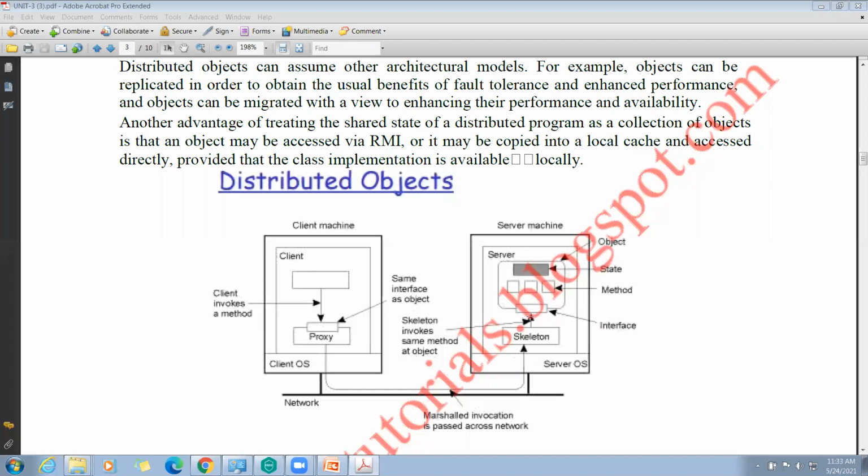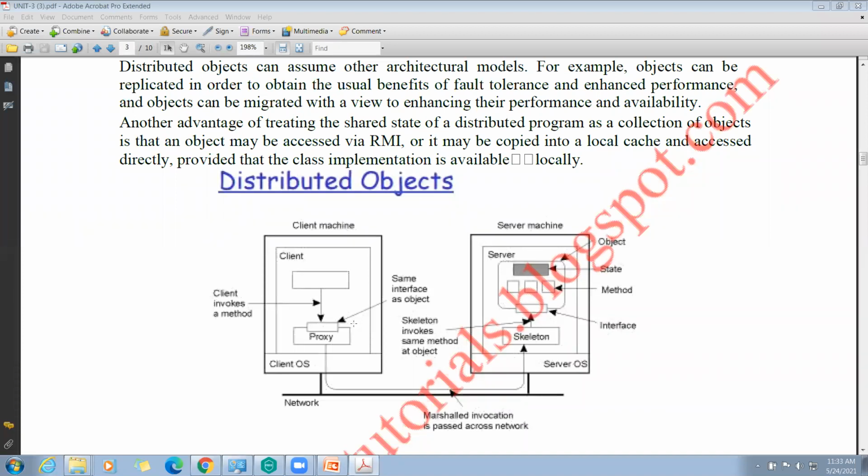See, it invokes the method. The skeleton invokes the method on the actual remote object. Where is the actual remote object? The remote object is on the server machine. Here, the client machine invokes that object. The skeleton invokes the method on the actual remote object and it writes and transmits the result to the caller.